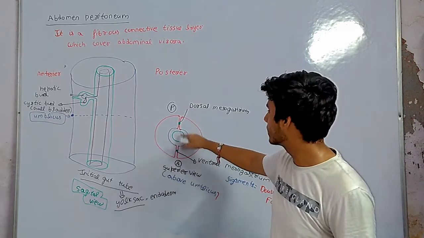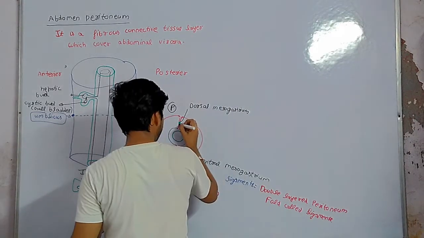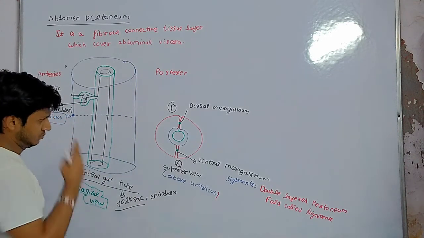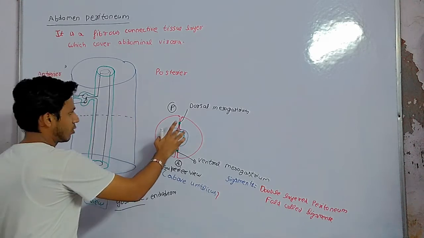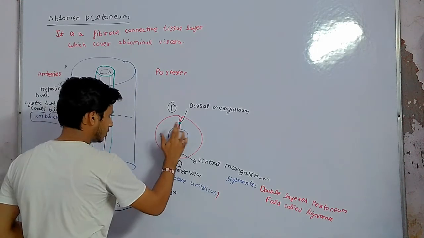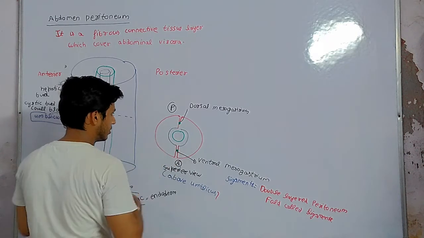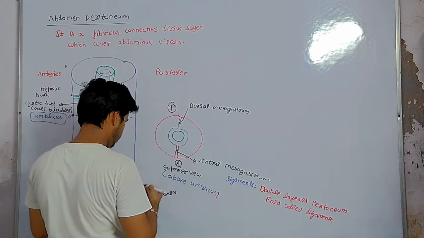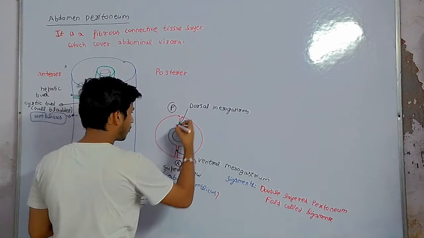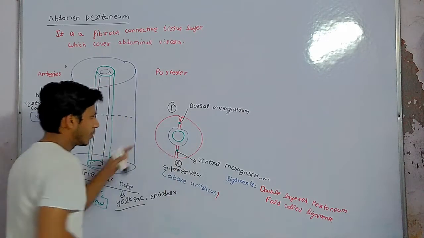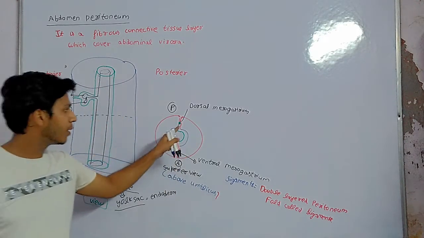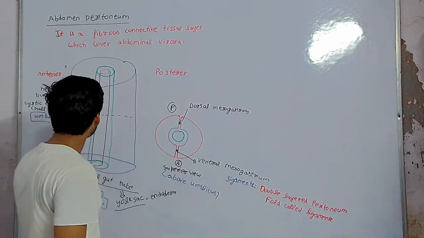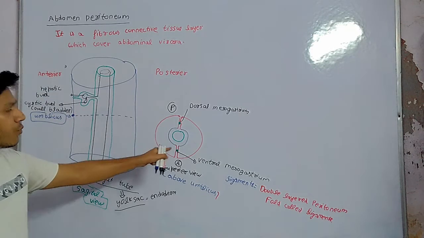Some hepatic bud cells form from this ligament and also bud. It is a bud from this, because there are many connections also from here. Now we erase this. This is a bud formed from which organ? It is a bud formed from the stomach. Liver bud, remember, liver bud. This is the liver bud. The liver bud is formed from this, a bud coming from the gut tube.